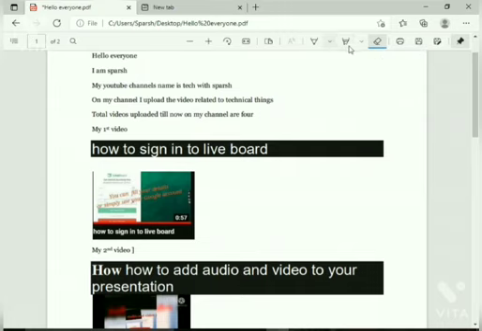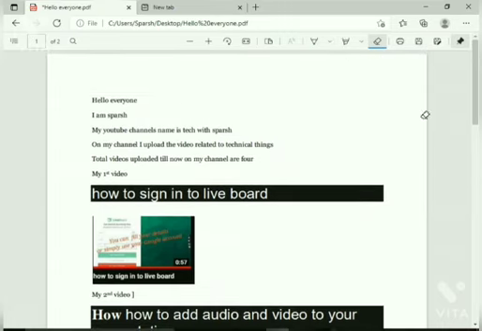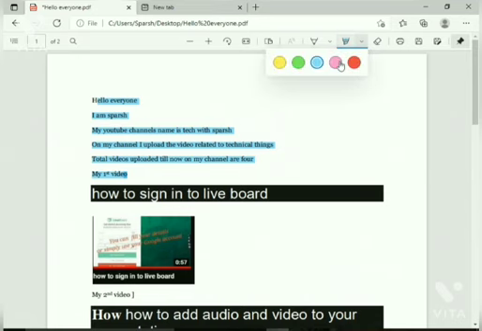Now I'm going to show you how it will save your changes. For that I need to scribble over here. I have highlighted the text.